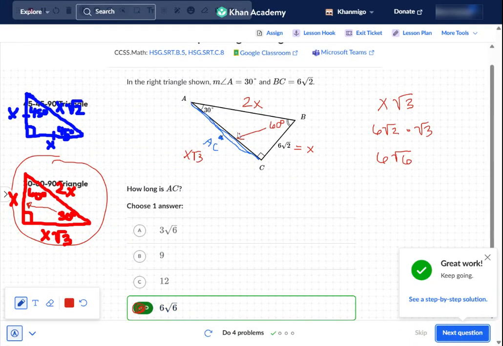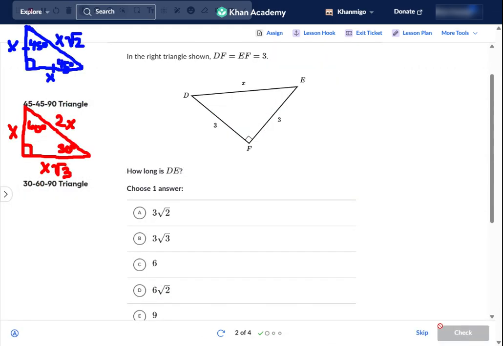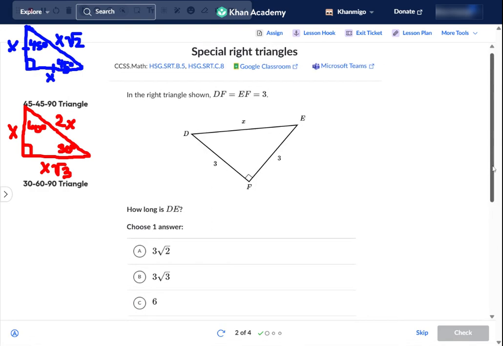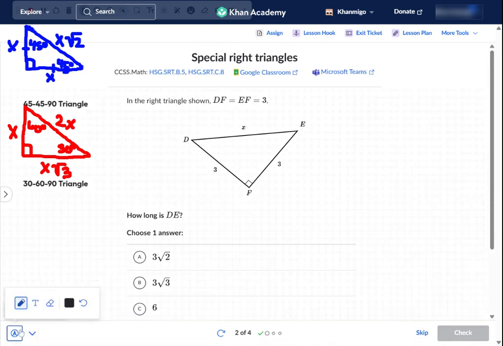Let's see if we can find another one where they don't give you x, where it's a little bit more tricky, a little more challenging. All right, so for this new one, we're again starting off by trying to identify which triangle this is. I don't know why everything shifted, but try to figure out which one this is so we can know